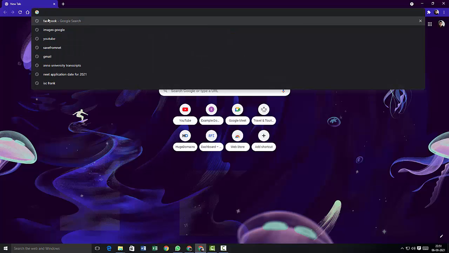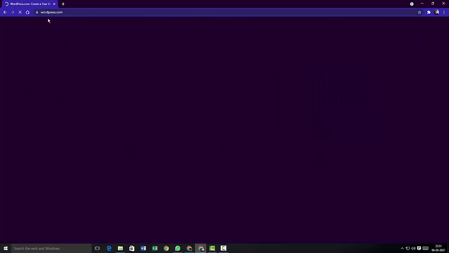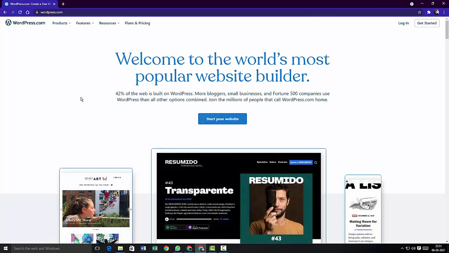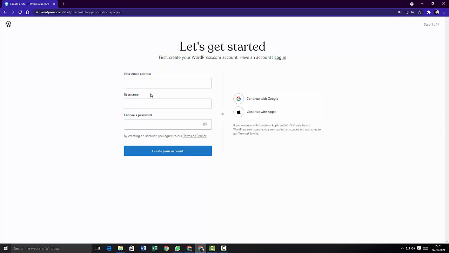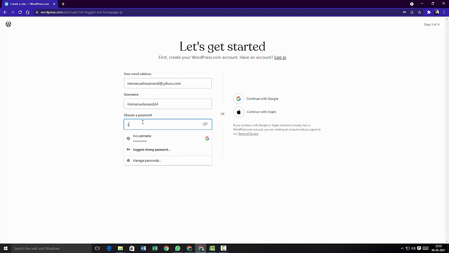Now I'm gonna visit www.wordpress.com and I'm gonna click on start your website. I'm gonna enter my email address. I'm gonna quickly enter a username followed by that a password,